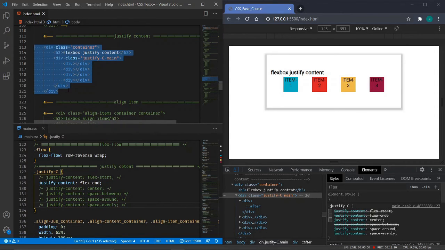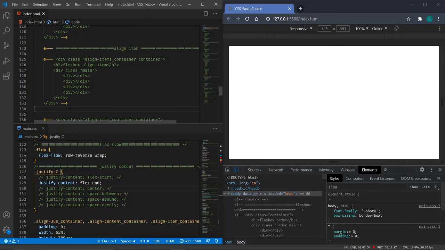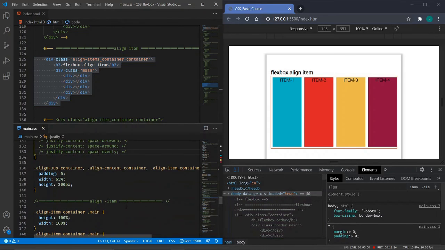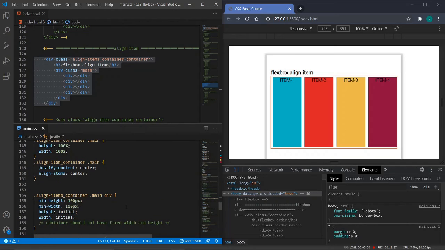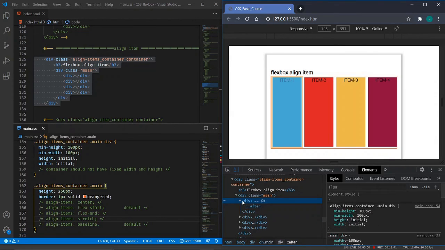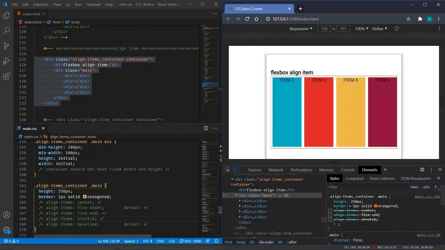Moving forward with aligning the items. For the aligning items, what I have done is I have given a minimum width and minimum height for the child items, and height and width will be the initial values.